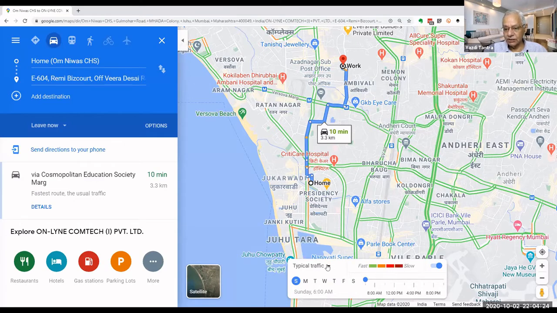So if you take that combination, you will see the traffic changing all the time. You can say the traffic on, say, Thursday at 12 noon is going to be something like this. Obviously, it cannot be 100% accurate, but it is fairly accurate. Our experience has been that the timings and the traffic that is shown are very, very accurate. Isn't this great? How to identify the typical traffic on a day on which you want to travel. Very simple but very useful.